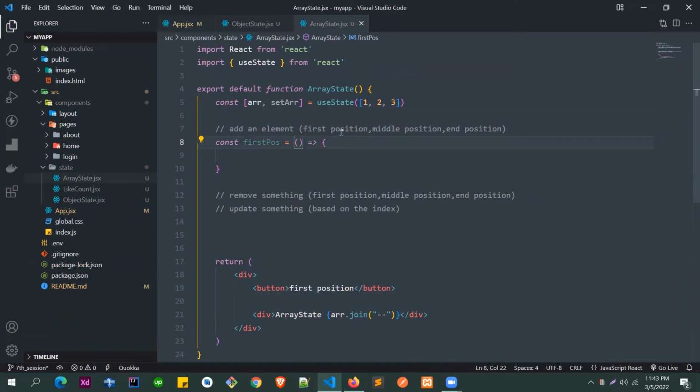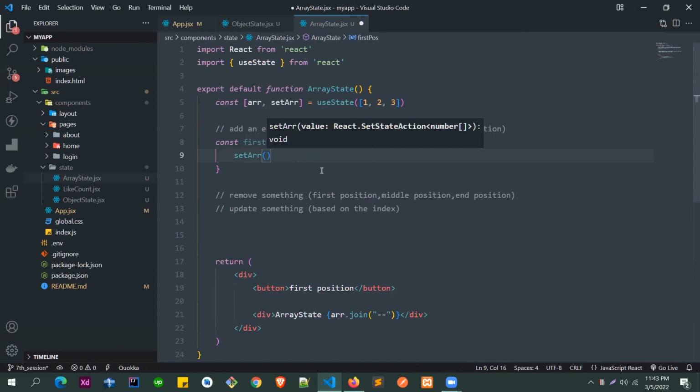So it would be array and then square bracket 0, right? No. Okay, let me tell you. Whenever we click on this button, we need to pass some parameter over here, so that we know what element we want to insert. Okay, so we can say, let's say, item. Okay, fine. Now here we can use the set array,